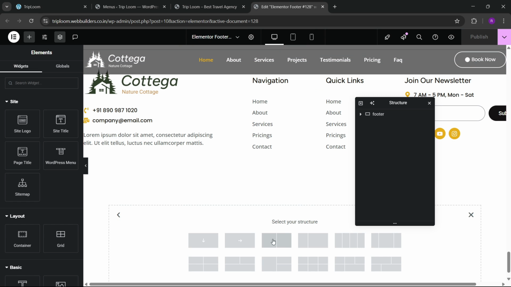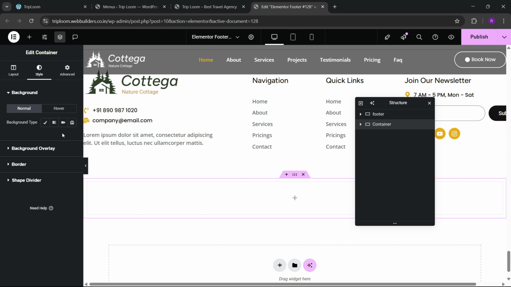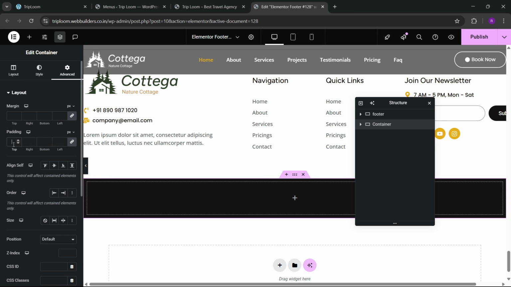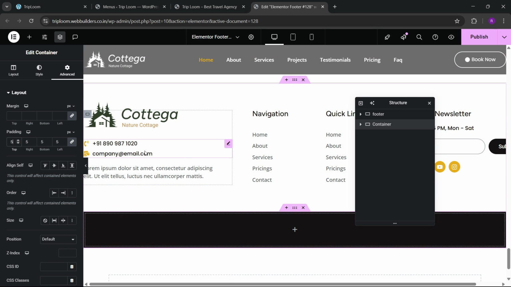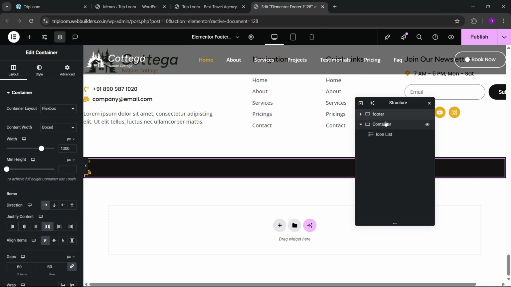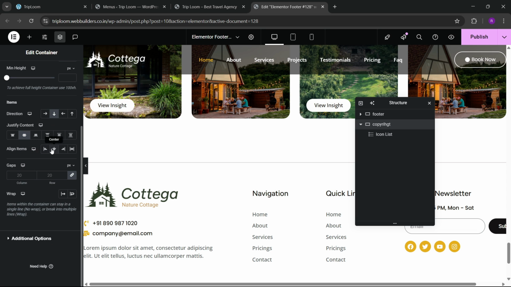So for that we're gonna add a new container. Here let's go, and here we're gonna add 1300 maximum. Go to styles, and here we're gonna make this black color. Let's have this 5 pixel, and also we're gonna copy this. Okay, and let's rename this and write as copyright. Okay, and here we're gonna have this center and center also,